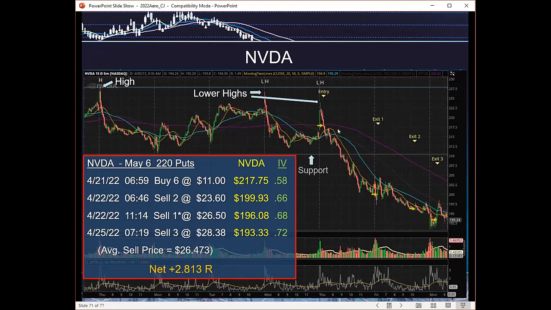Then the very following day, on the opening move where it gapped down and made a wild move down, I sold 2 of those 6 contracts for 199. A nice, reasonable little gain, because I understood the wild nature of the opening moves on this particular stock. Later that same day, as it broke down and continued lower, I sold 1 more contract at 65.50, and the reason why I did that was the